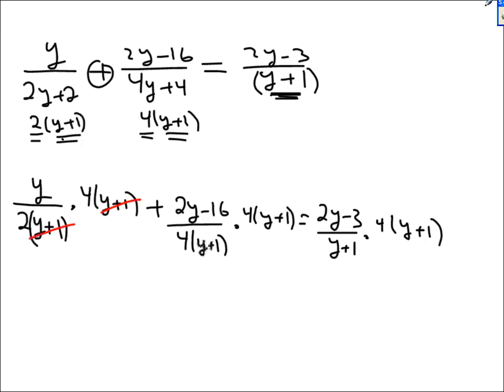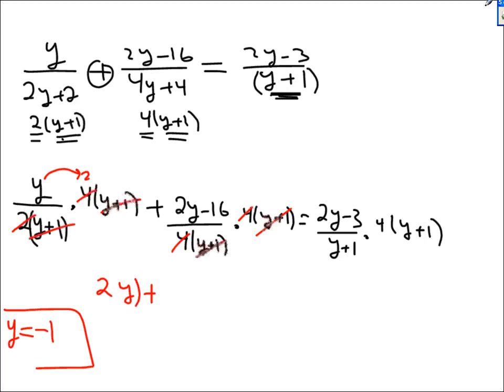This cancels to 1, provided y is not negative 1. And 2 goes into 4 two times. Y times 2 is 2y. Plus, the 4's cancel to 1, and this cancels to 1, provided y is not negative 1. I already have that. So I add on 2y minus 16 equals, this cancels out provided y is not negative 1, and you get 8y